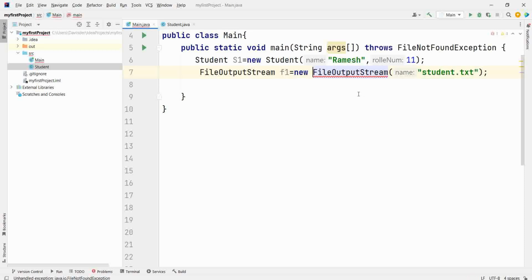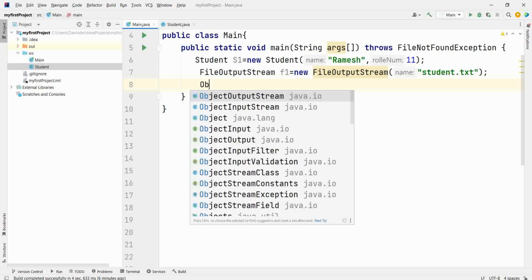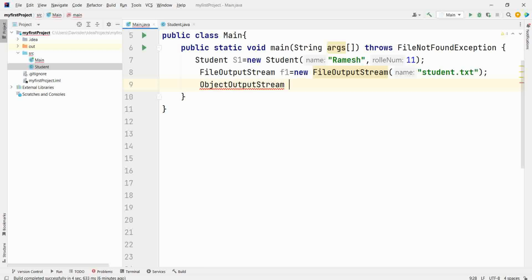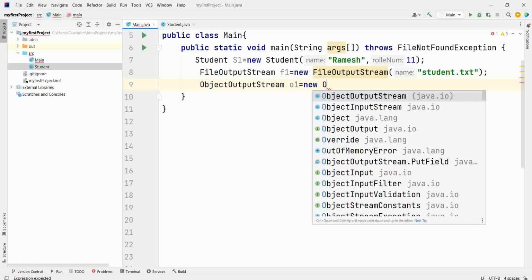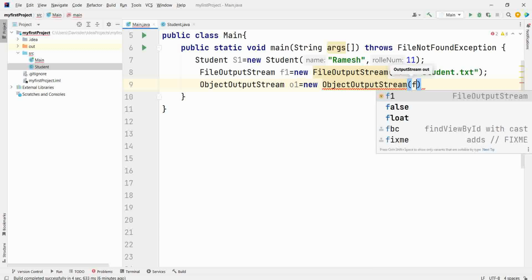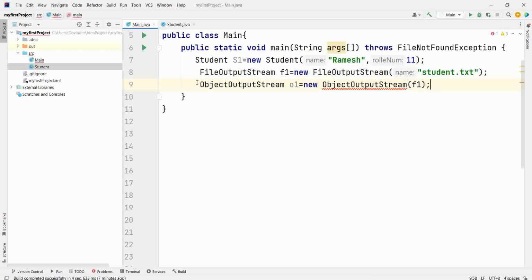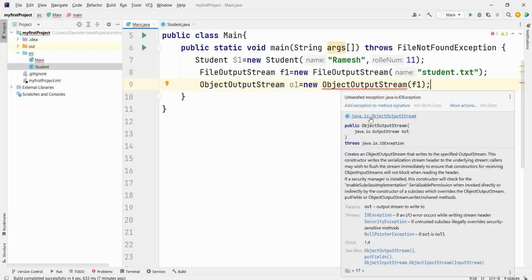Throws exception here. Now I have told you to save it into a file, so you need to use ObjectOutputStream. Give the name of the file in which you want to save. Again, you need to use throws.